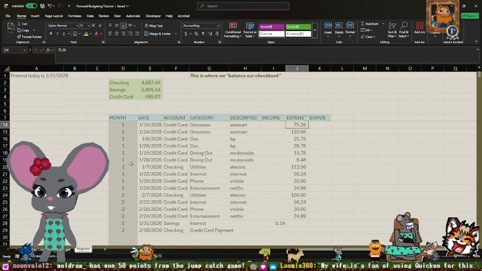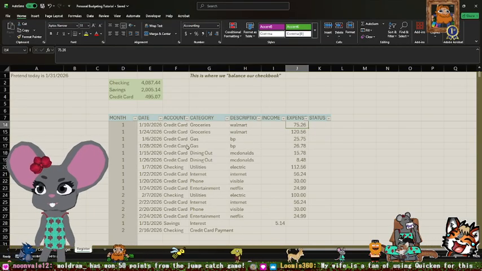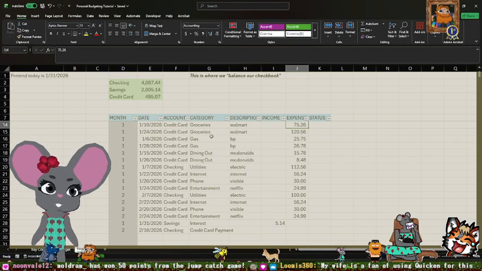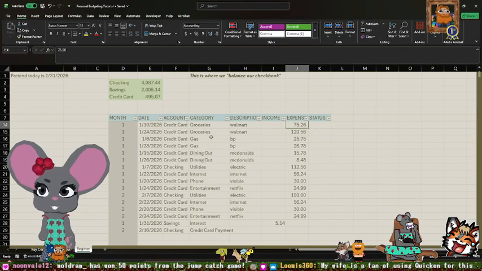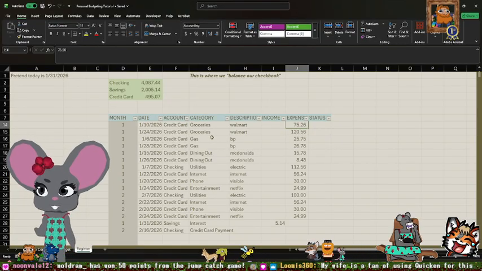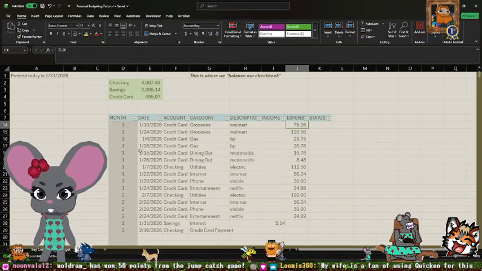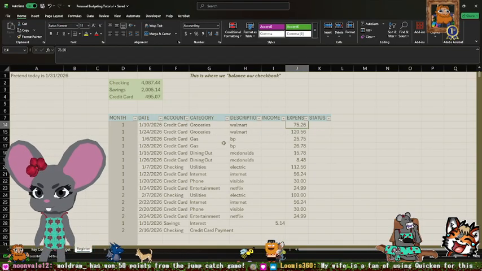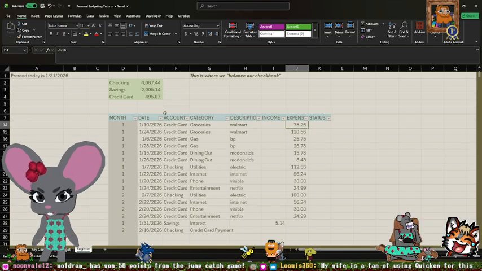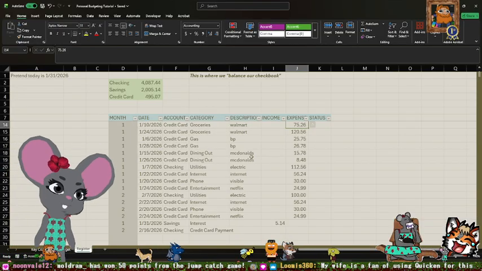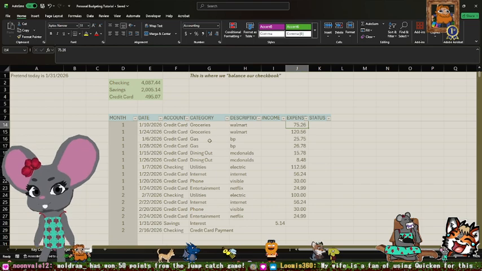It's really a sandbox. You can do whatever you want in here. But Quicken is also a great, easy tool also. My mom used that for years. She probably still uses it. But I just prefer this way. And then I'll be sharing out this tool once we're done building it for anyone that wants to use it.